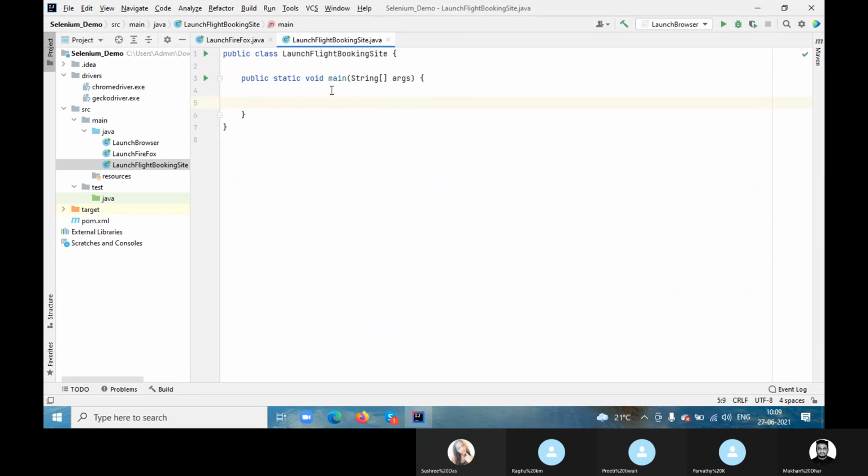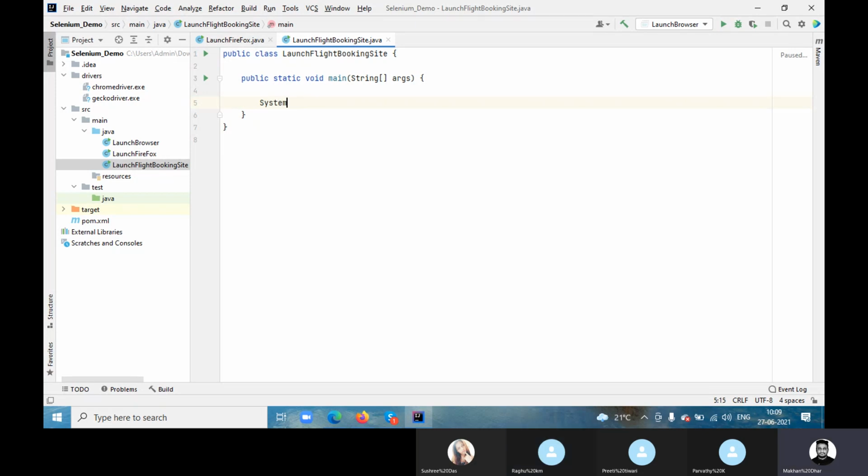So the very first thing what we have to do, can anyone suggest? System dot set property.